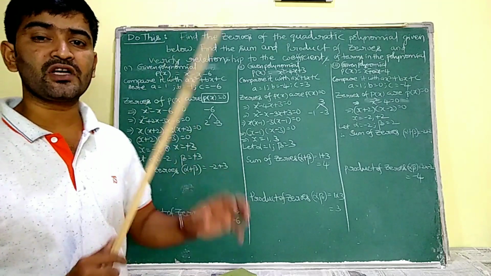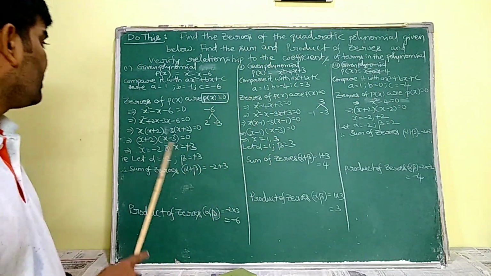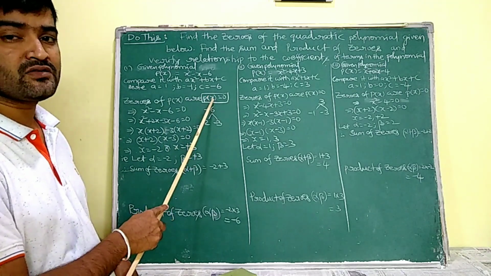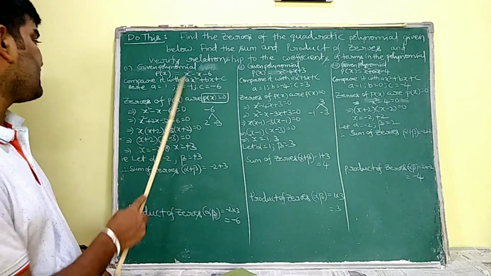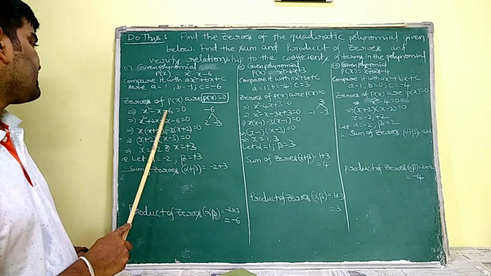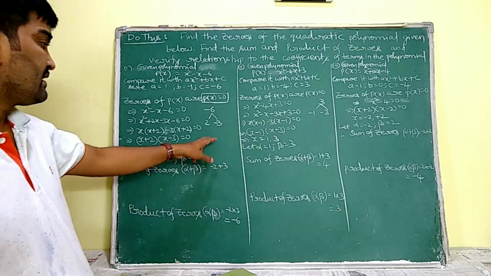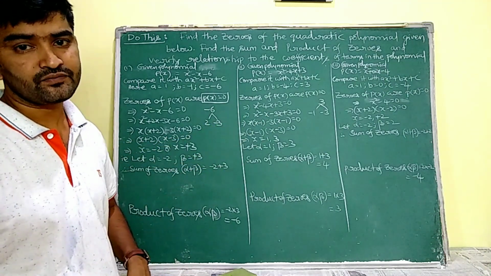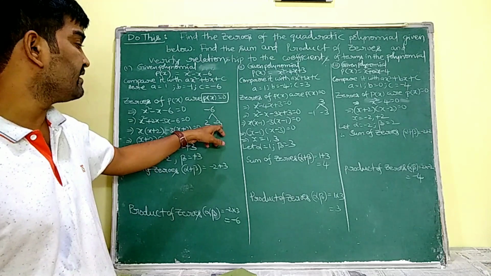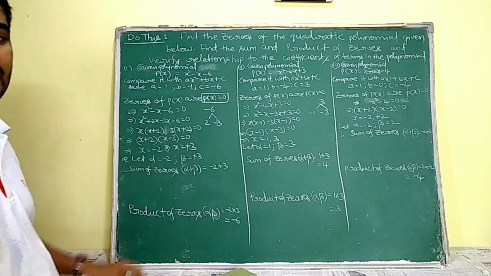To calculate the zeros of any polynomial, we know it is equated to 0. So p of x is equal to 0, that is, x square minus x minus 6 is equal to 0. Here the product of 1 and minus 6, minus 6, is going to be split into two numbers, 2 and minus 3, because the product of 2 and minus 3 is minus 6 and their sum is minus 1.